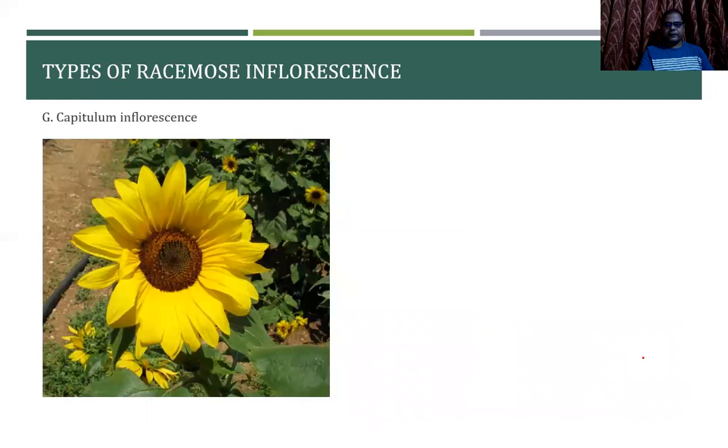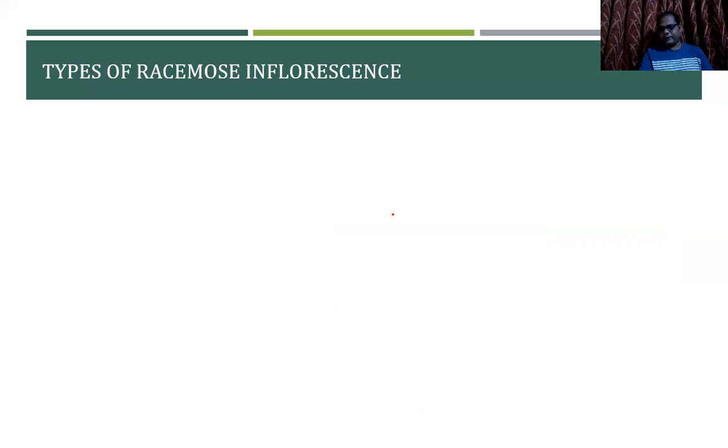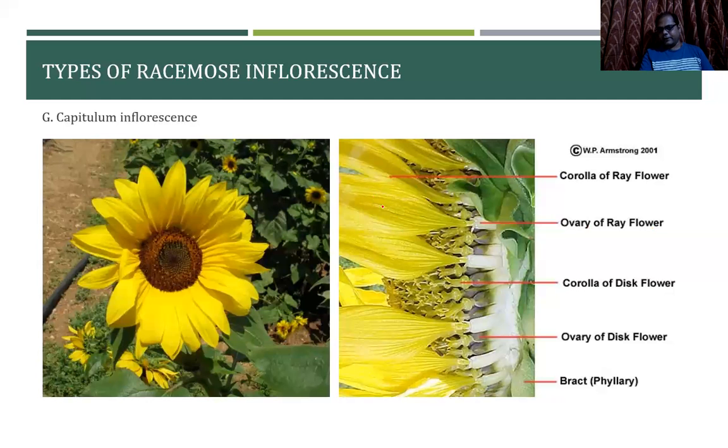If you see the structure of the capitulum, what we know popularly as the sunflower, that's the capitulum kind of inflorescence. If we see the dissection of that, we see the formation of corolla. This is the ray florets, and towards the center we have got the disc florets. So if you see the structure, these are the formation of the ray. We have the ligules here. This is the ligule that is coming out of the ray florets, and towards the center we have got the disc florets.